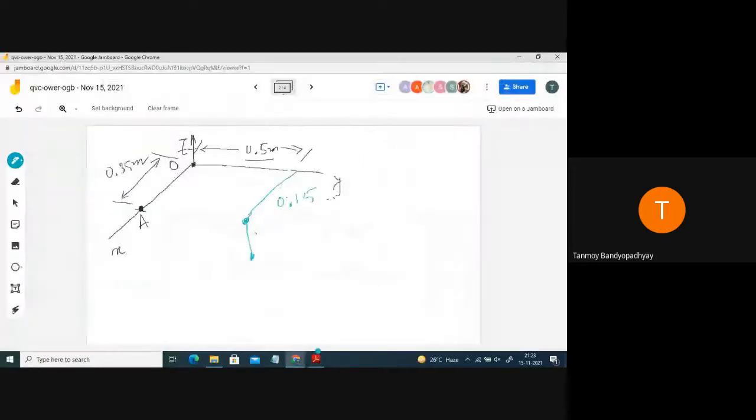So this is 0.1. So this is below the xy plane. I have to move down in the z direction by 0.1. I am marking this as i cap, j cap, k cap for your convenience, so that you can understand that I am moving in the k cap direction. This I moved in the i cap direction, this I moved in the j cap direction, and this I moved in the k cap direction. Now let me complete AB. So B is this point. So this is actually AB. Clear?